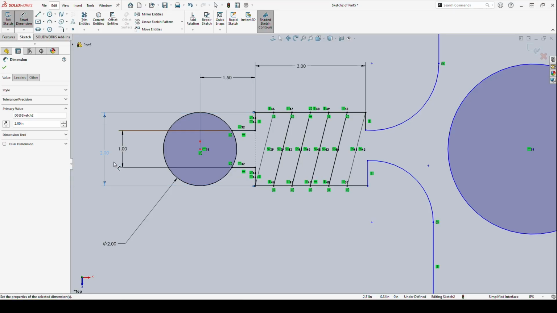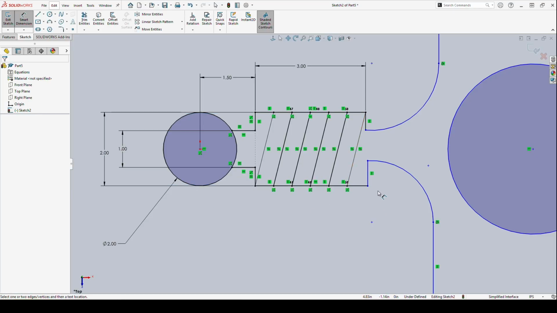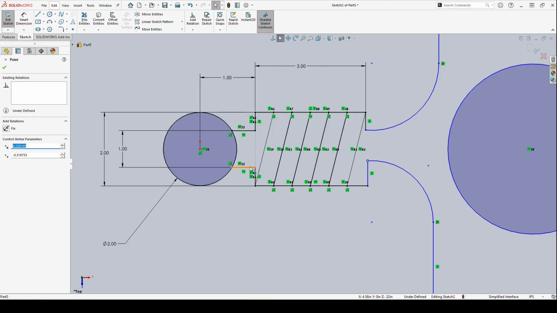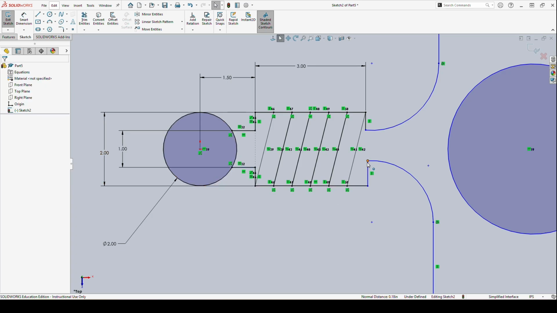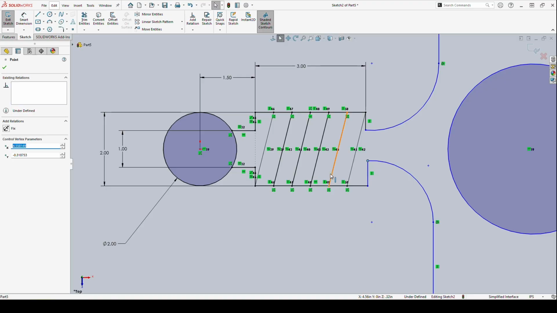And you see that immediately all of these pieces have flipped to black. I have fully defined almost everything here. I'm missing one piece here, and that is the fact that this line, if I grab it, trying to figure out what's underdefined with it,